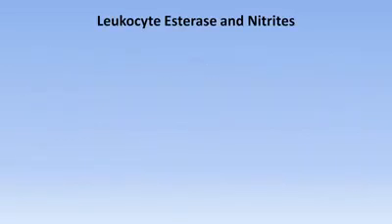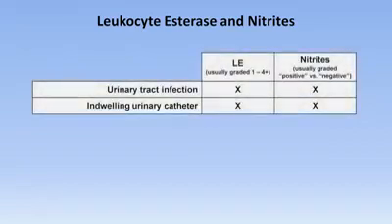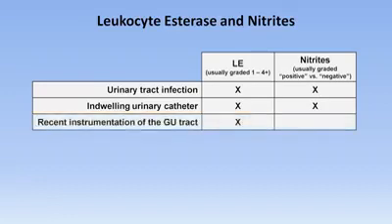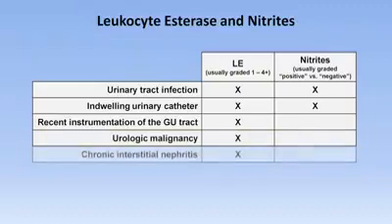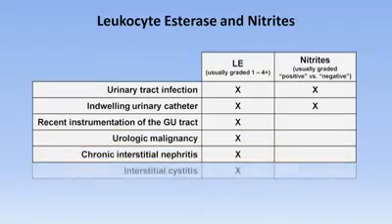When comparing leukocyte esterase to nitrites for diagnostic utility, keep in mind that the former is only a marker of inflammation, while the latter is more specific for actual bacteria. So, for example, both can be seen with UTIs and with indwelling urinary catheters, even in the absence of pathologic infection. However, only leukocyte esterase is typically seen post-instrumentation of the GU tract, in urologic malignancies, chronic interstitial nephritis, interstitial